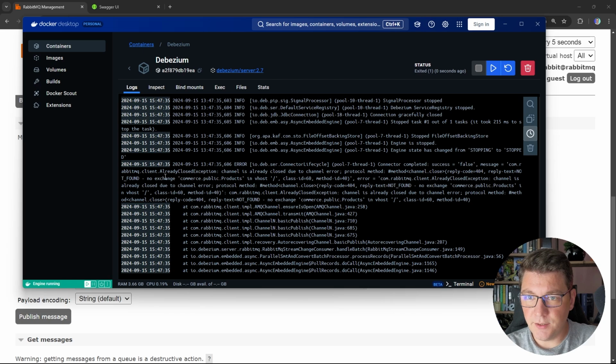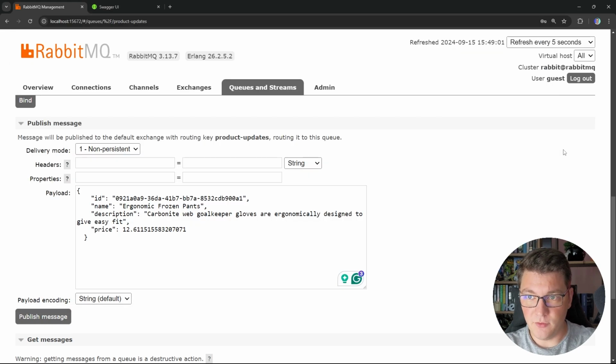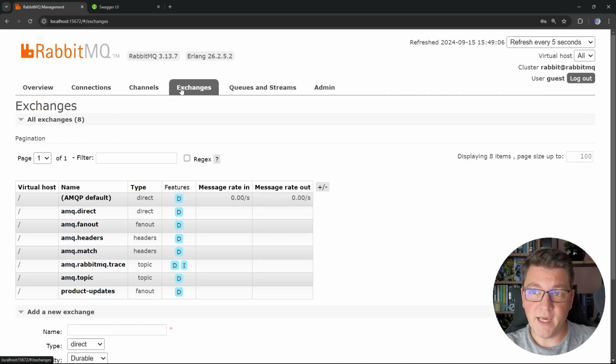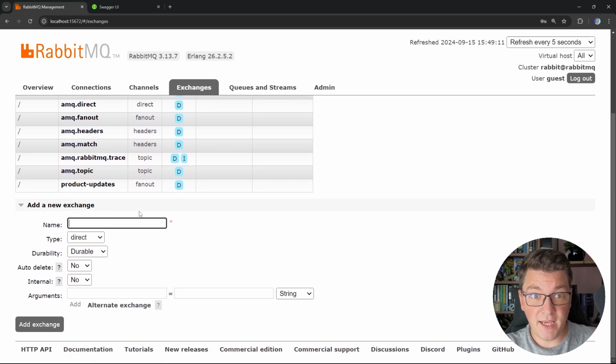And what it's saying here is that there is no exchange called commerce public products. And this is where Debezium is trying to publish the logs that it picks up from our Postgres instance. So we can solve this manually, and I'm going to show you another way to solve this in just a moment. So we have to go to our exchanges and add a new exchange that I'm going to call commerce public products. So let's add this